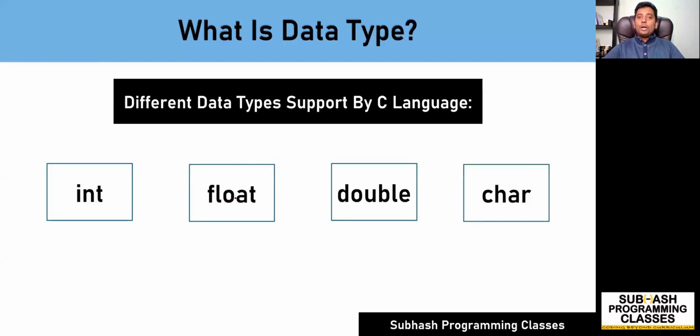The first question that I would like to ask you is, what do you mean by a data type? A data type will indicate two things to the compiler. The first one is that the data type will tell the compiler what type of constant it can represent. That is the first thing. The second thing is that a data type will indicate to the compiler how much memory has to be allocated for a variable associated with it.